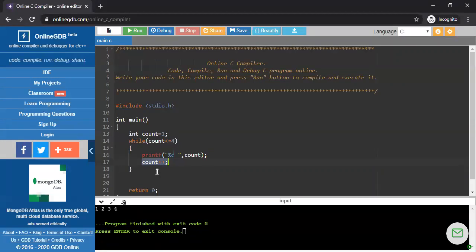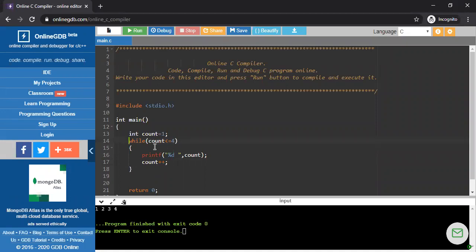Count plus plus means now my count value is 2. So what did I just say during the flowchart? Until or unless my condition is false, the while condition is executed repeated times. So now again my compiler is here. Now the count value is 2. First time it is 1, and before executing the second time while loop, my count is incremented by 1. So now the count value is 2.